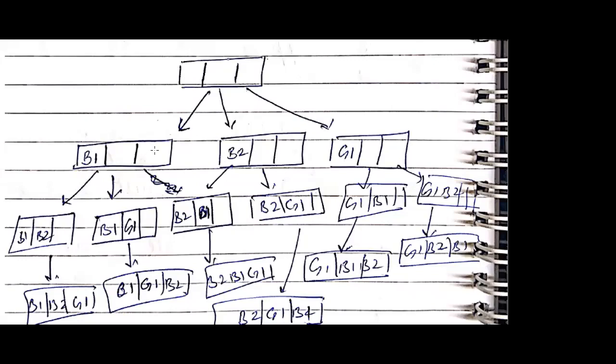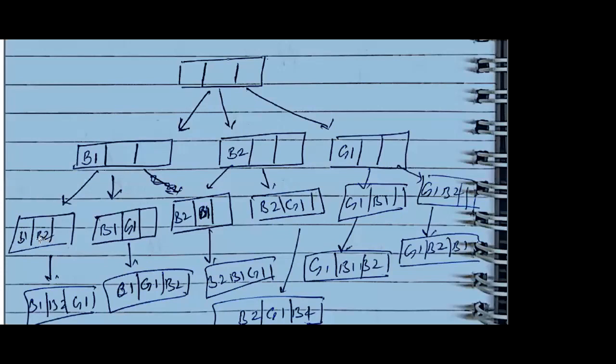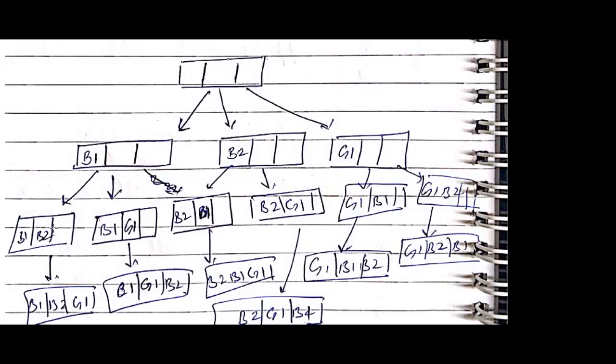Now the remaining 2 slots are empty, and we have 2 choices, the boy and the girl. Now at the second place, if we want to place the boy denoted by B2, we place B2. Again, if we want to place the girl G1 at this place, then after B1, girl G1 is placed. So these are the 2 options that we have with B1.